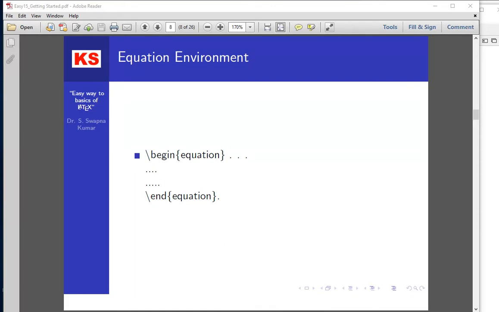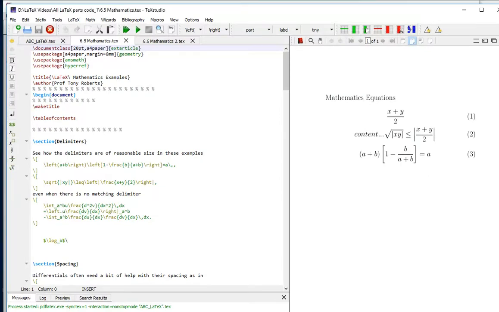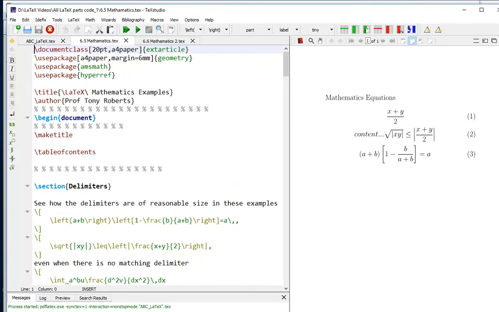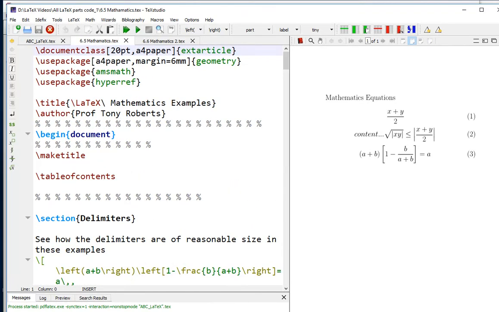So let's go straight to TeXstudio. You can see TeXstudio over here. It starts with commands like document class. You can see the options being given, the font size and the type of paper: 20 pt and A4 paper.